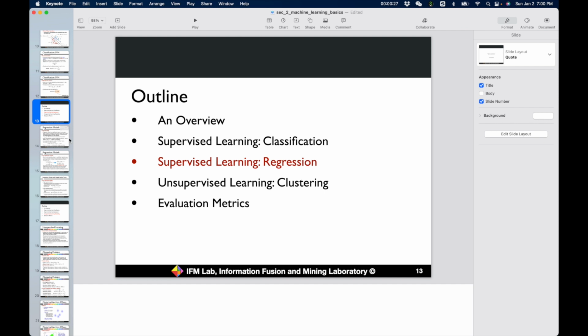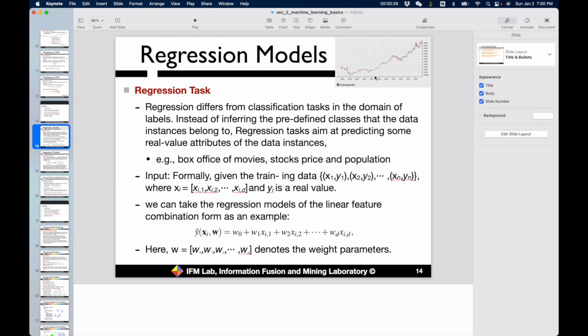We can provide you with an example like stock price. Given the stock price until today, can we predict the stock price for tomorrow? We want to get a number, right? What we want to predict is a number. It's not a class label anymore, right? It's different from dog versus cat, bird versus fish, right? What we are predicting here in regression is some real numbers, like the stock price, right?